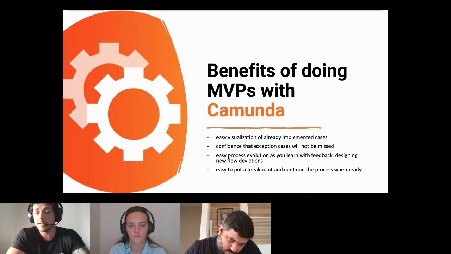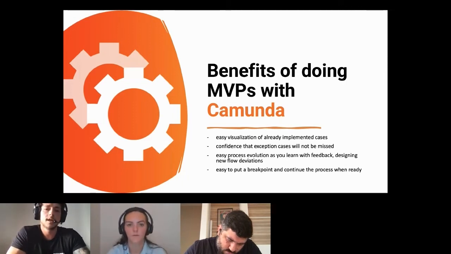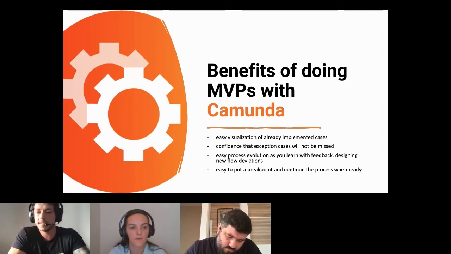You will have confidence that these exceptional cases will not be missed. So if something happens that you aren't expecting, it will go to a user task, or in the worst scenario, it will get an incident in your Camunda cockpit,